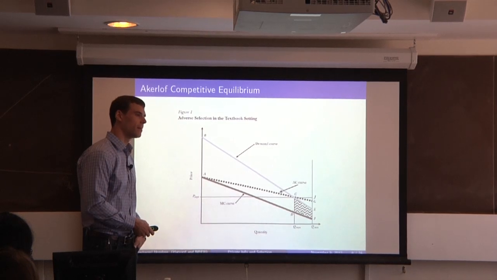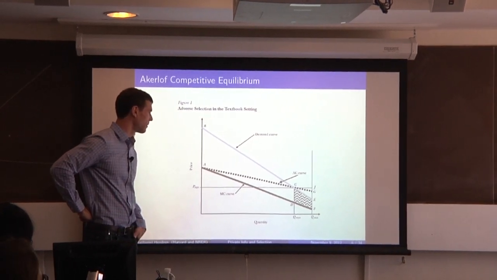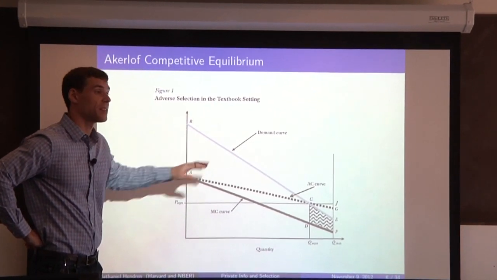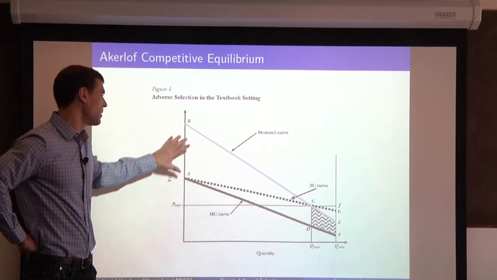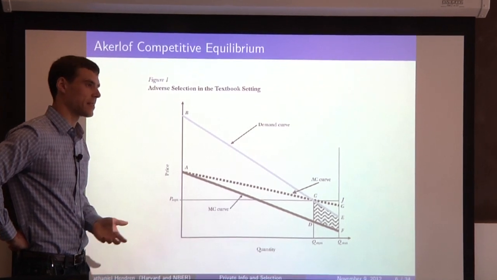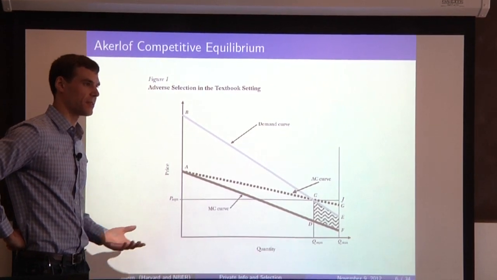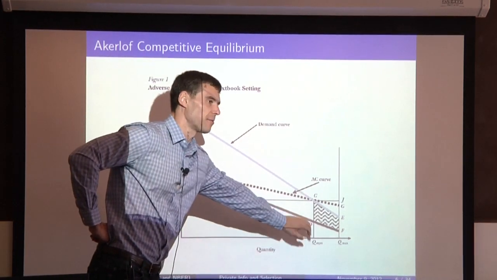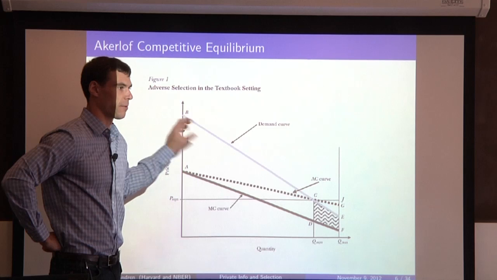How is the demand curve derived? No, the demand curve is taken as a primitive, right? In this world, you think of the demand curve as driven by a combination of your riskiness and your general preference for insurance. And you think of the marginal cost curve as the cost of the set of each person.